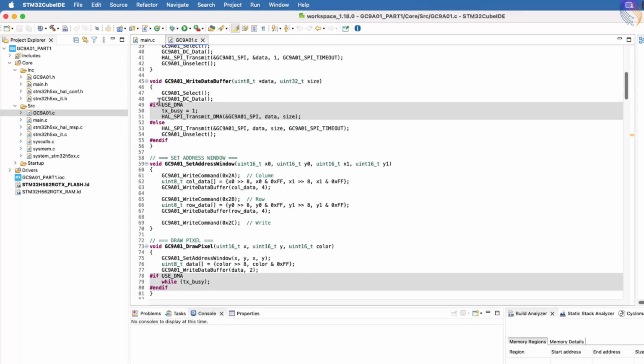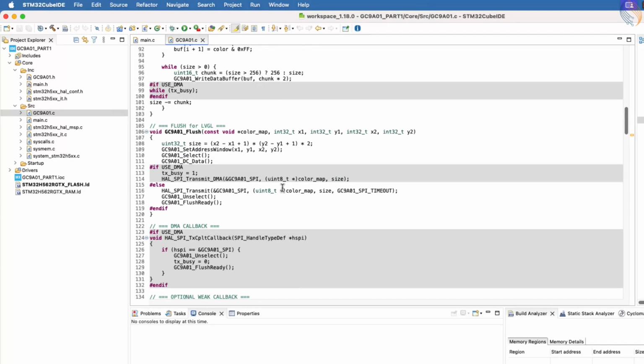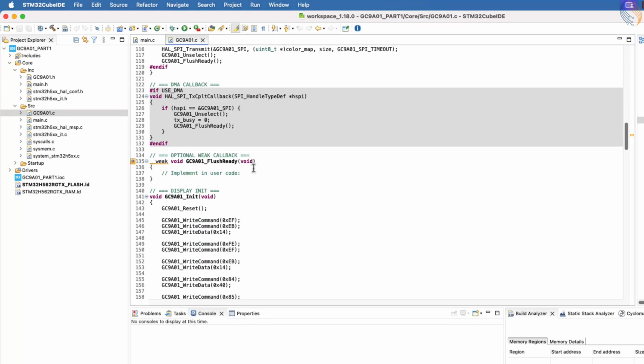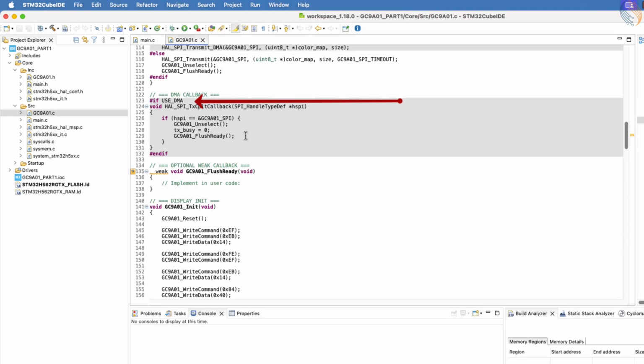GC9A01 source file itself. As I mentioned earlier in this video, DMA support has already been integrated into this library. You can clearly see that the DMA-based transmit functions are present in the code. However, these functions are currently wrapped within a use_DMA flag, so they won't be active unless that flag is enabled. Let's move on to the